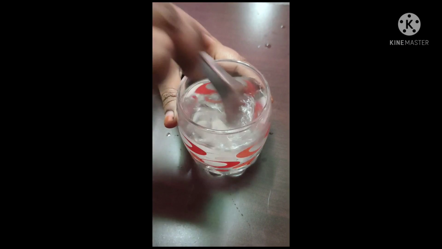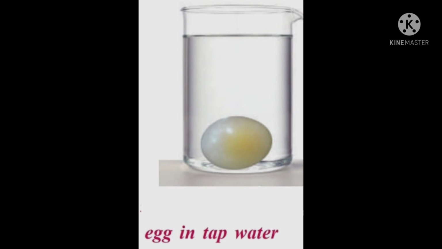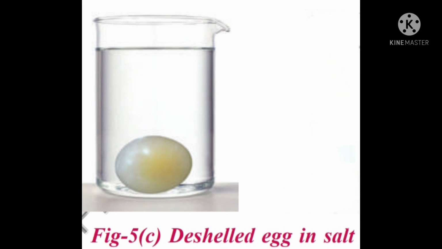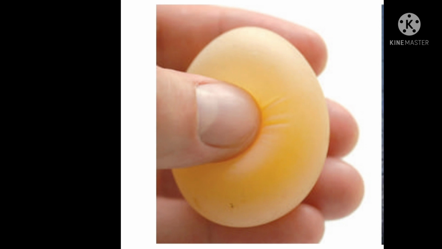Prepare a concentrated salt solution in a beaker. Place one egg in a beaker with tap water and place the other in the salt water. Leave the beakers for 2 to 4 hours. Take the eggs out, wipe them, and measure the circumference with the same strip of paper. Mark it on the paper with a pencil or pen.